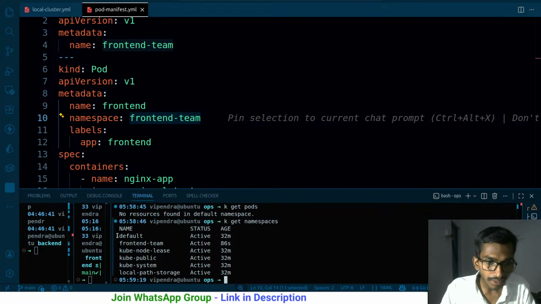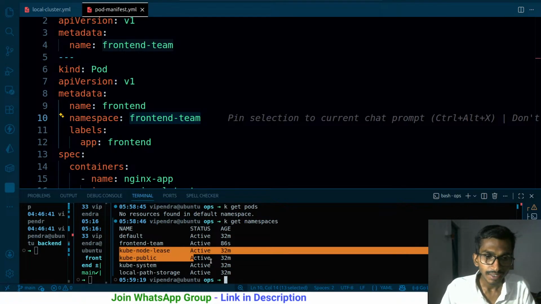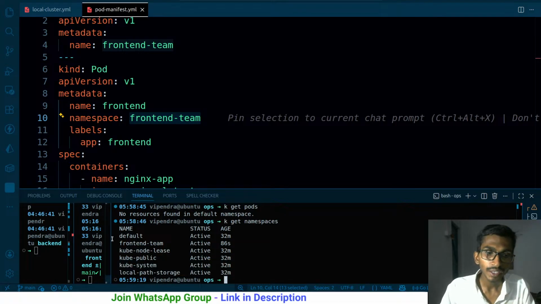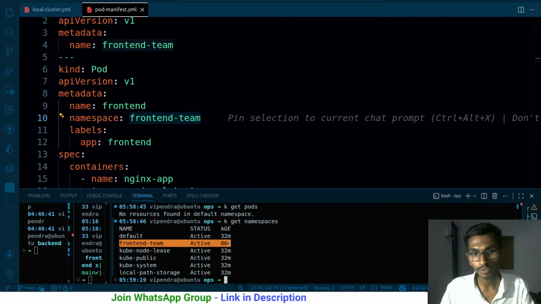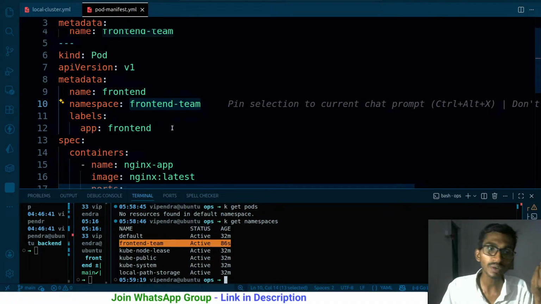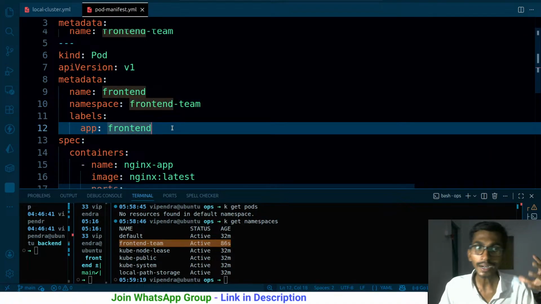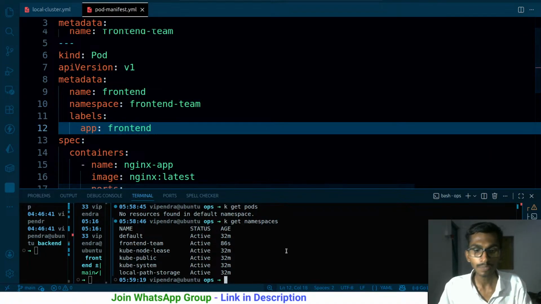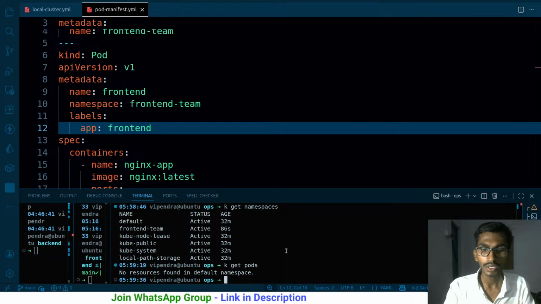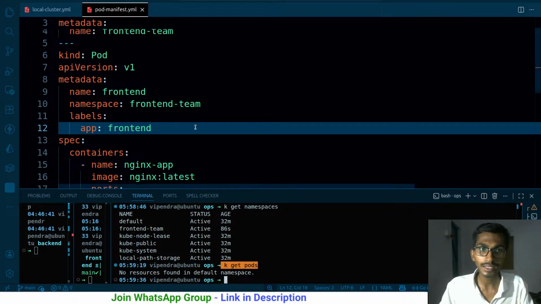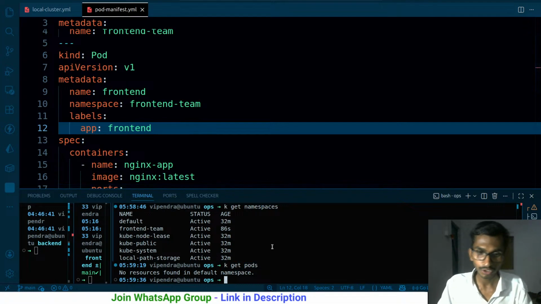you are going to get the default namespaces here. These are some system namespaces, and front end team is the namespace that we created, and this particular app that we are running belongs to this namespace. That simply means when you run k get pods, you will get only the pods that belong to the default namespace, and this app does not belong to the default namespace. So we will have to say k get pods